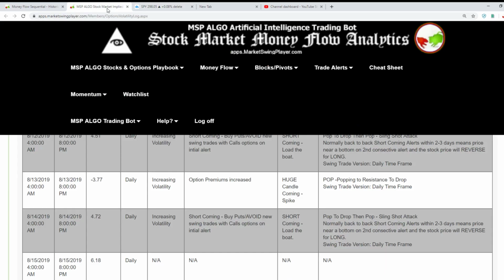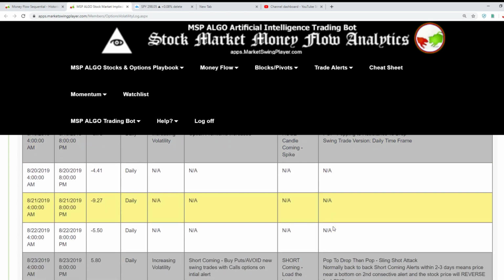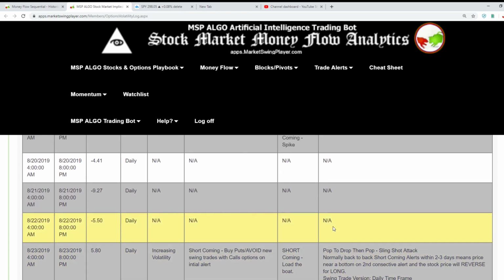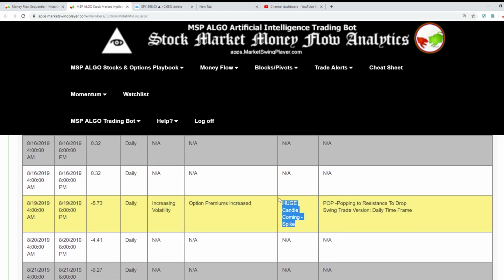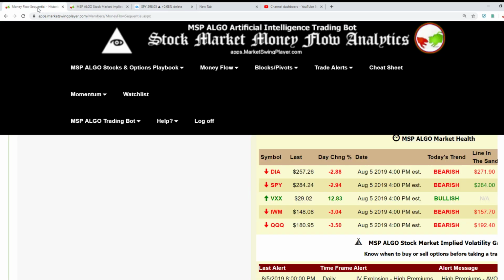Now, normally you start seeing a big candle coming or something like that, I think. Well, not always. Oh yeah, here we go. Huge candle coming, spike. But it didn't come. Sometimes it comes right after, but I'm not going to say that's reliable because I'm still trying to do backtesting myself, okay? Okay, so we're back at our